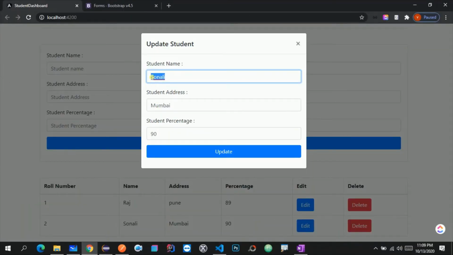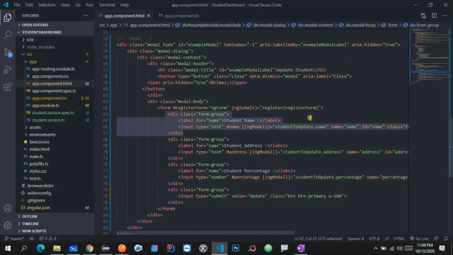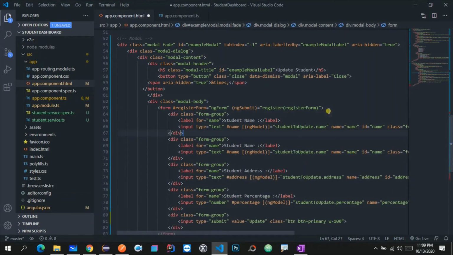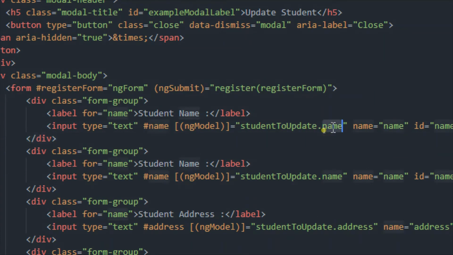Now over here we are not displaying the roll number, so let me quickly display the roll number as well so that it will look better. Let me copy this one and paste it over here, and change this studentToUpdate.name.